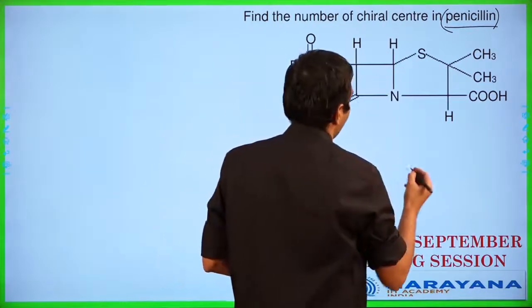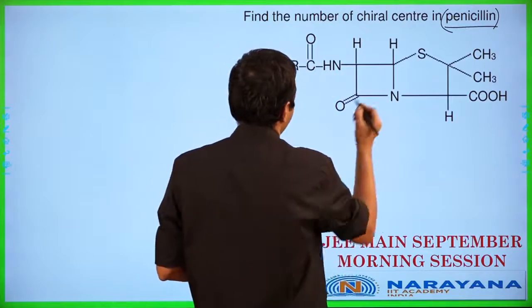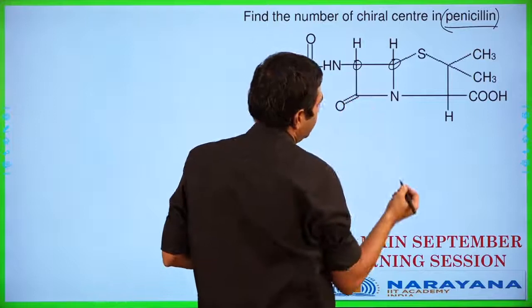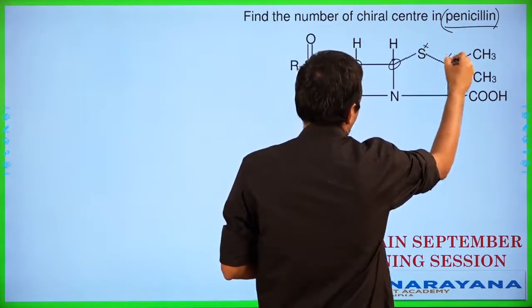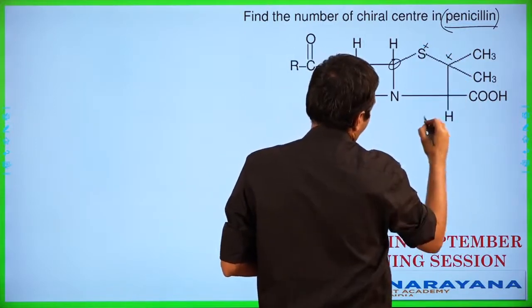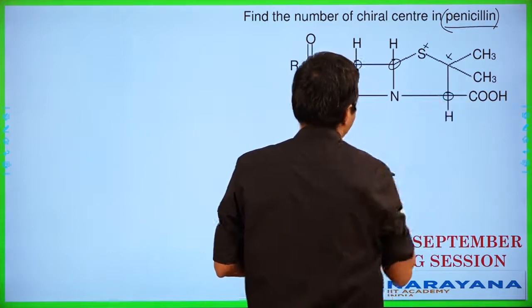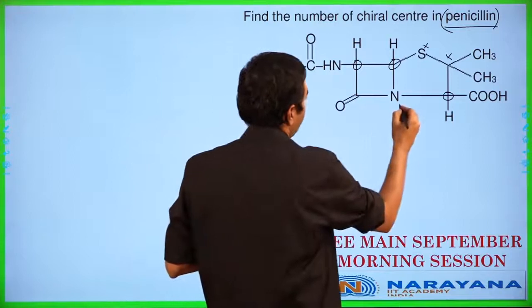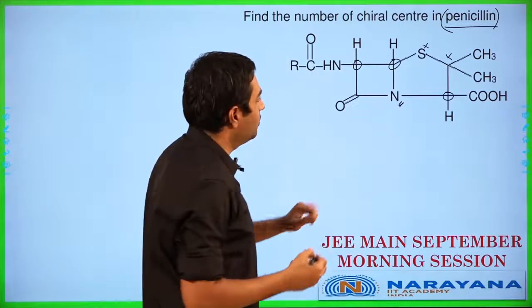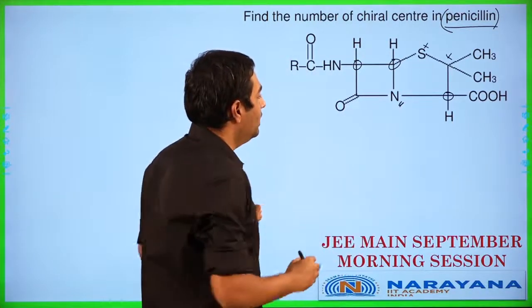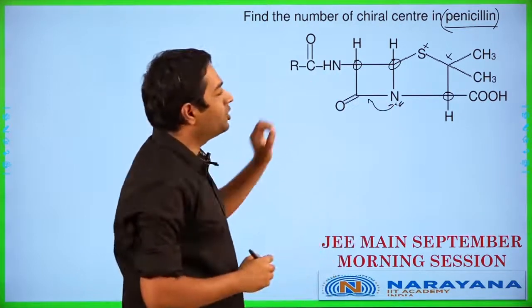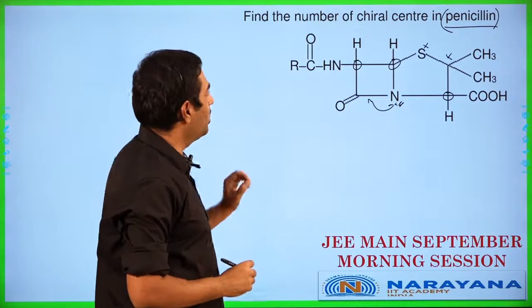So in this case here, number of chiral centers applicable are going to be, this is a chiral center, this is a chiral center, this is not, and we end up having this also as a chiral center applicable. Now in this particular case here, we are not going to be counting this nitrogen over here, mainly because this nitrogen is going to be in resonance with this particular location over here, meaning it will end up having partial sp2 hybridization, so it is not to be counted in this case.